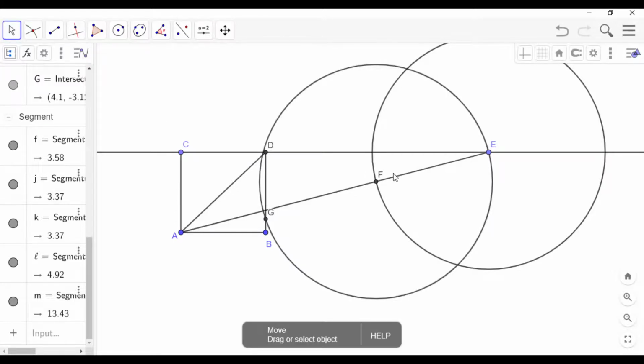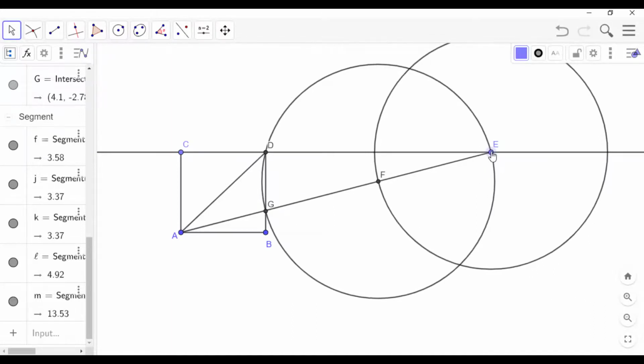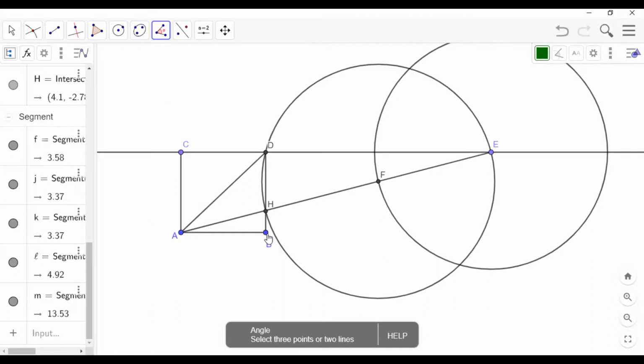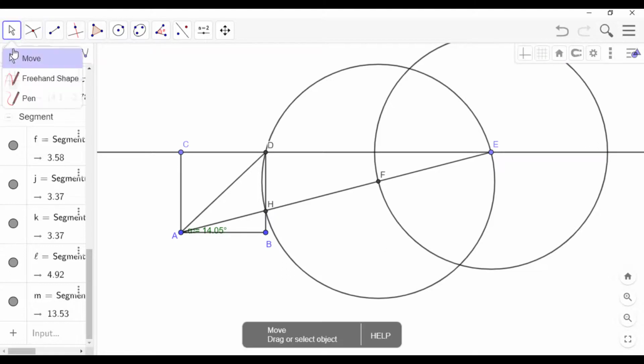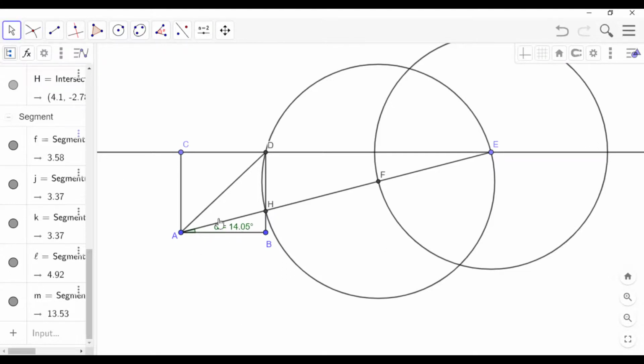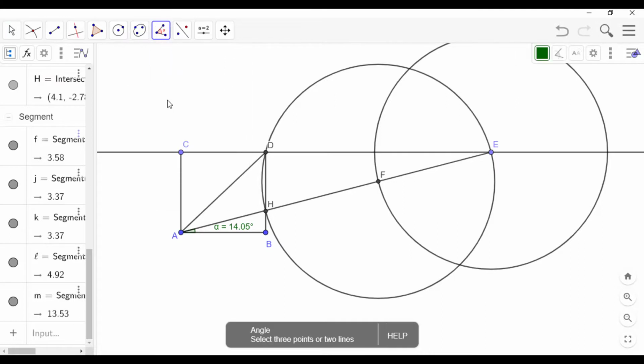And what I want to do now is move point E until point G is at the line segment and circle. I need it at that intersection. So I've got to keep moving it up. And eventually I'll get there. Now, if I measure angle BAH, that's 14.05. And now I'm going to measure angle BAD,